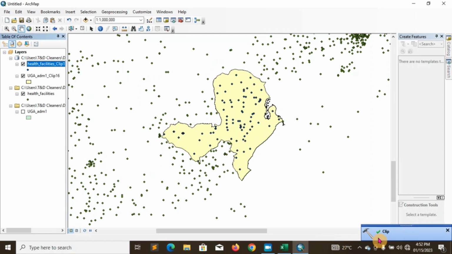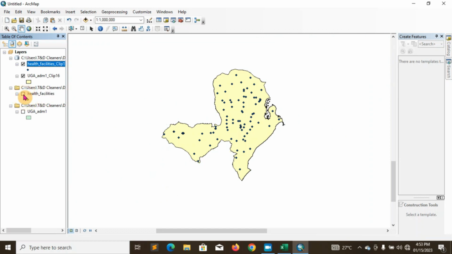Now it is successful. I want you to notice the changes that are happening within our layer. Now that it is successful, the health facilities within Masaka have now become blue, irrespective of the health facilities in Uganda that are still in their color. So now, since the clipping process is done, I need to uncheck the health facilities layer. After having unchecked it, it disappears and I stay with